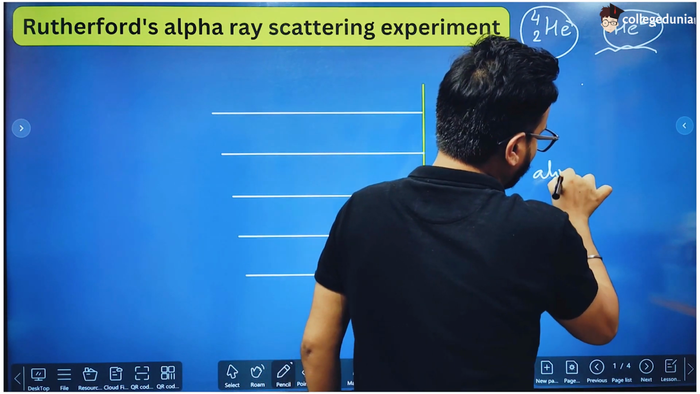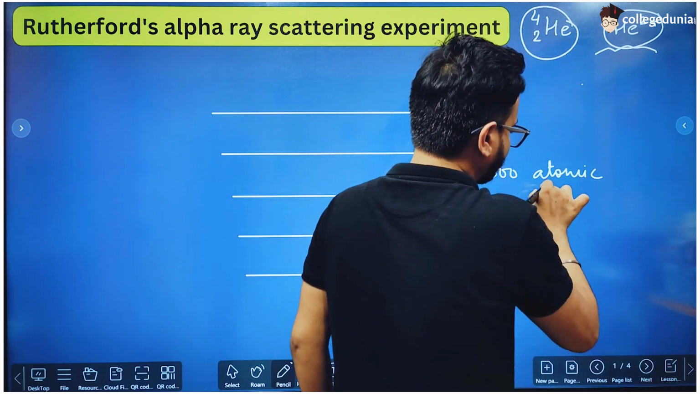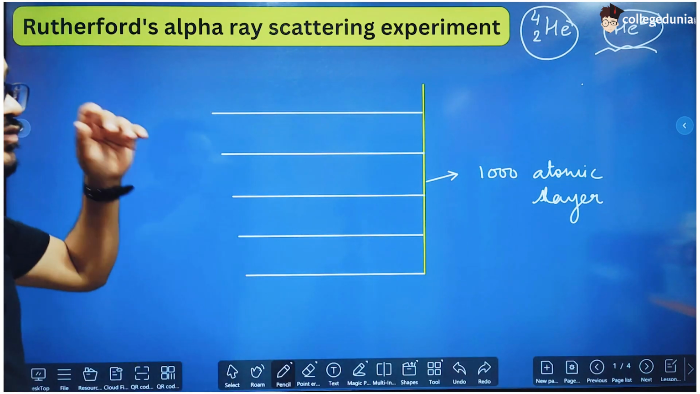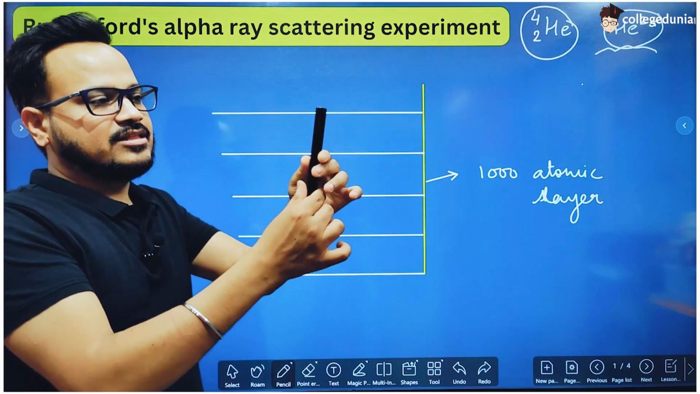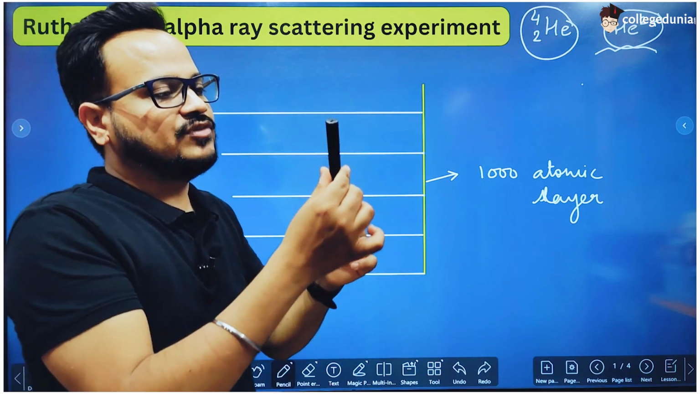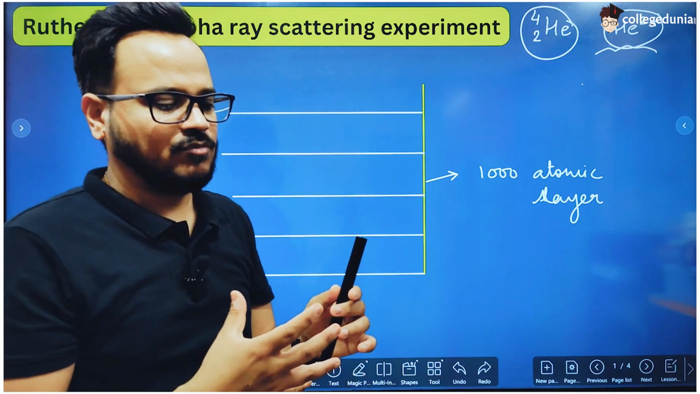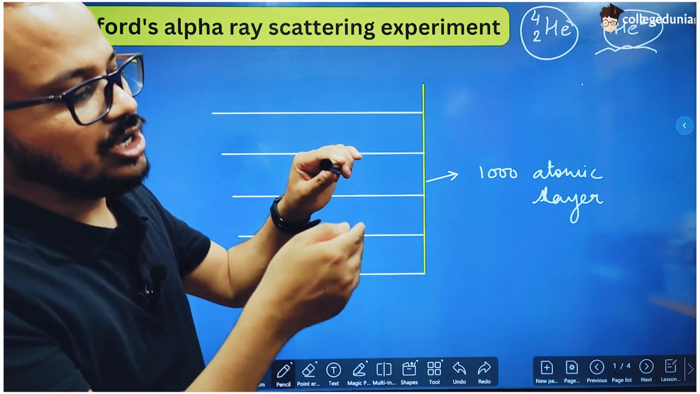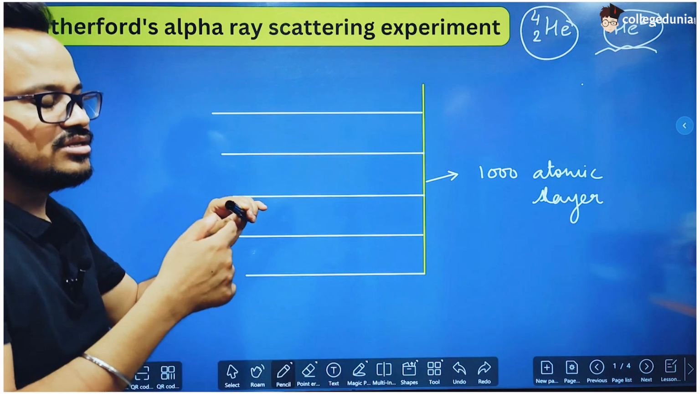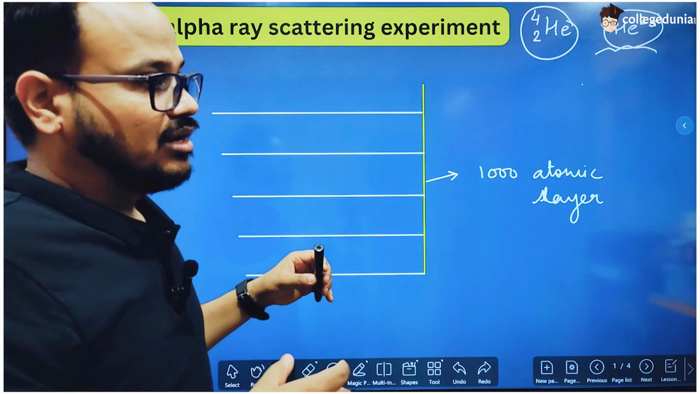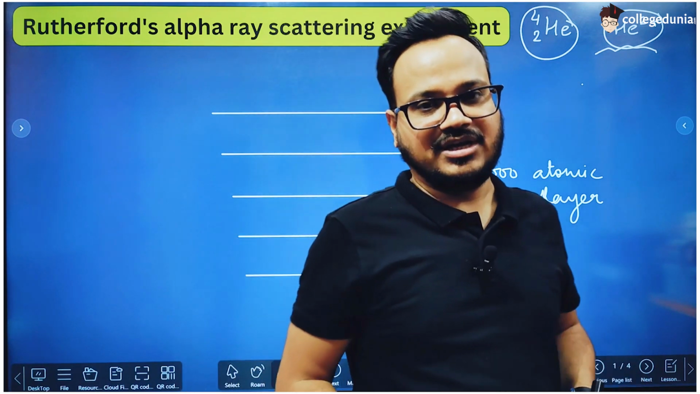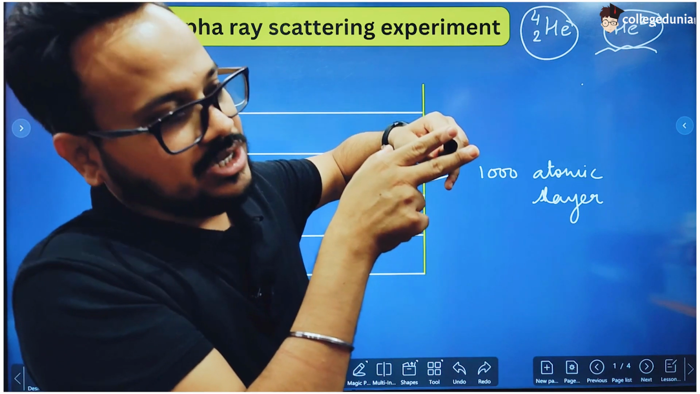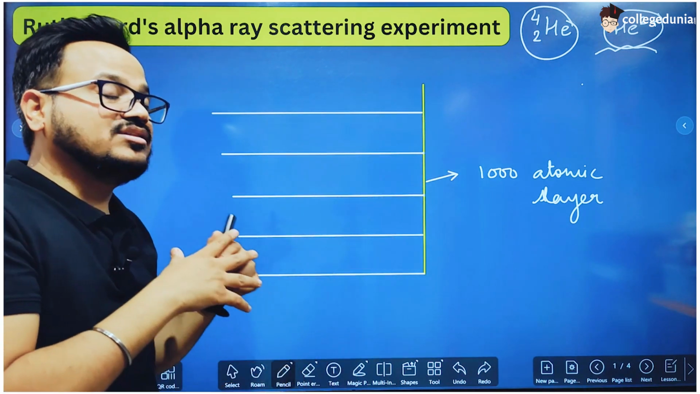The thickness of this gold foil was 1000 atomic layers. What is the meaning of this? If you take this and observe it with the help of a very powerful microscope, you will see that across the diameter of this stylus, you can see there are trillions and trillions of atomic layers, because atom is very small. So in the length which is equal to the diameter of this stylus, you will get trillions of layers